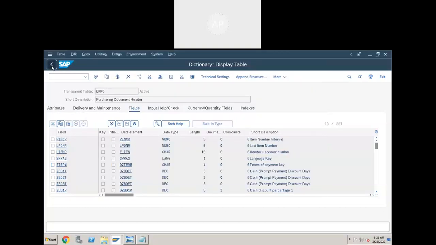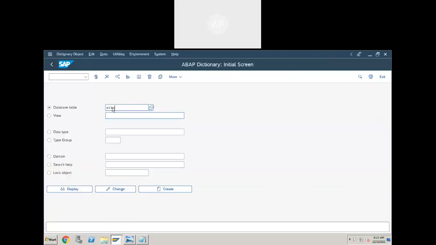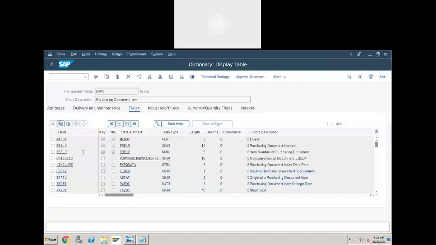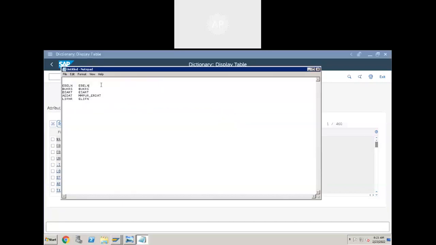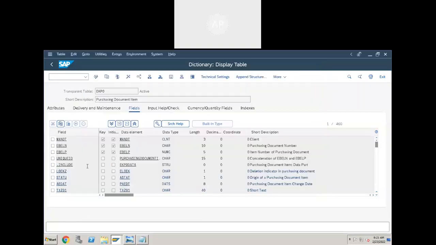Go to EKPO. So I've already taken EBELN, right? Take EBELP. This is for my final structure. Okay. Place next to EBELN. This is for my final output structure.